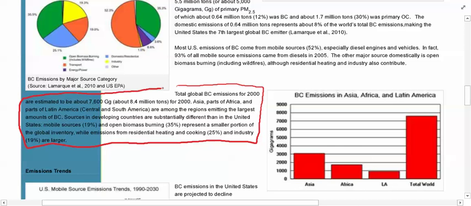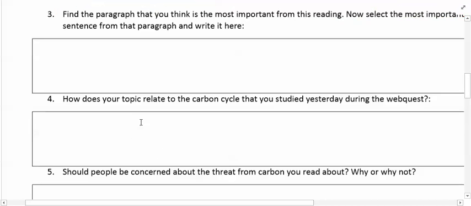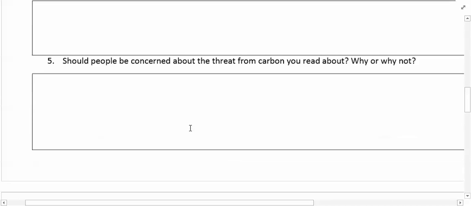But you're not done yet. For question 3 on your worksheet, you also have to find the sentence that tells the best story or gives the best argument for why your thing is scary. And again, I'm just arbitrarily picking stuff. So let's say that I find this sentence right here. I don't know what it really says, but let's say that's the sentence that I pick. You're going to have to take that sentence and go back to number 3 and fill it in here. And then you're going to fill out the rest of these questions on your own.